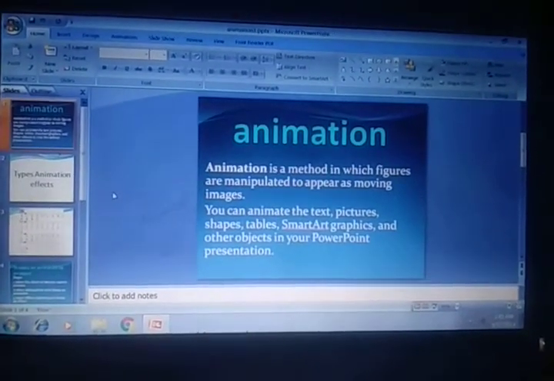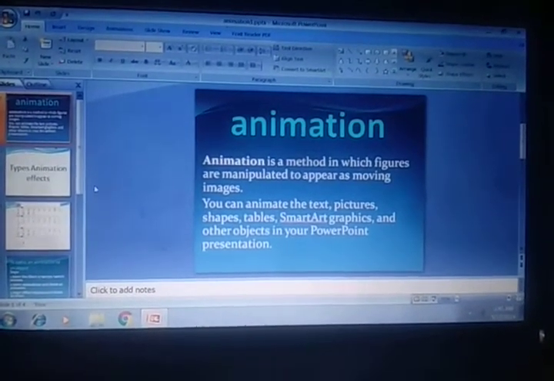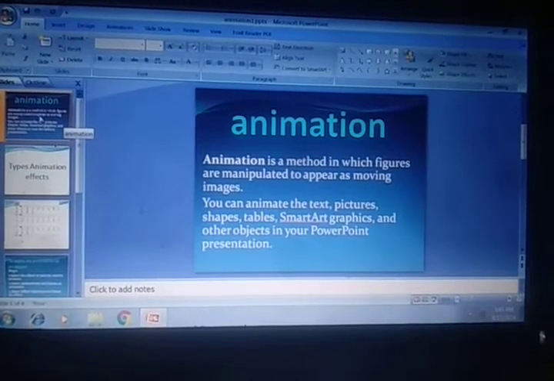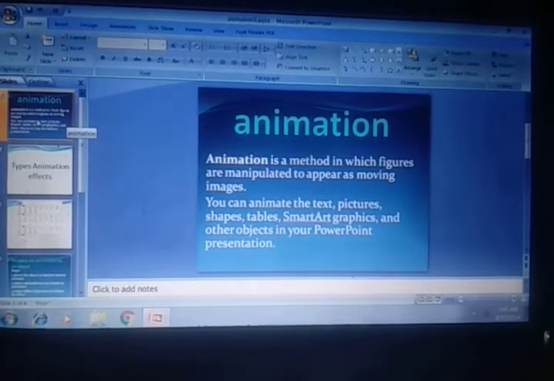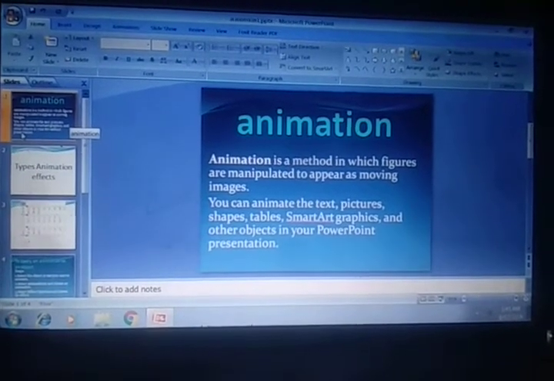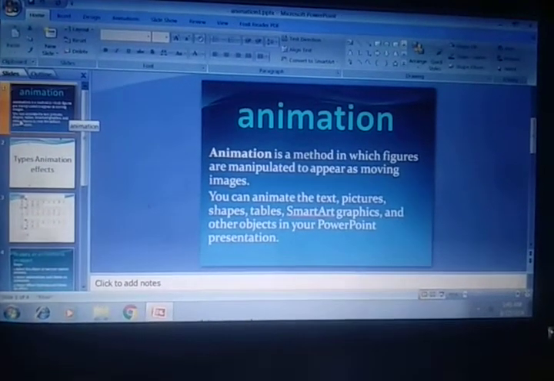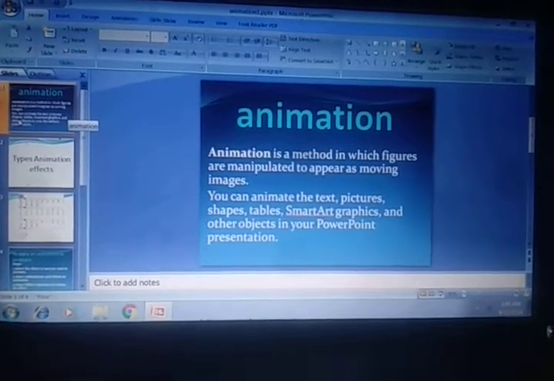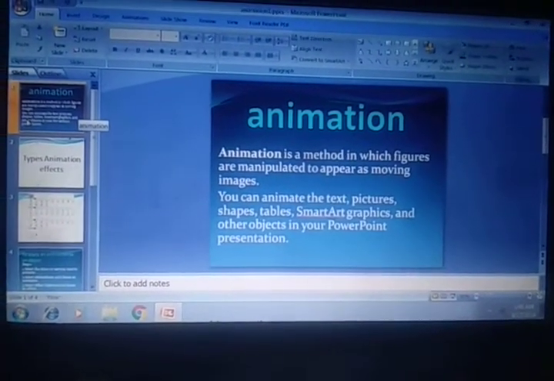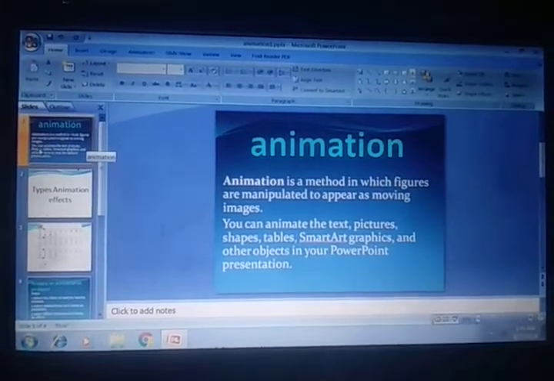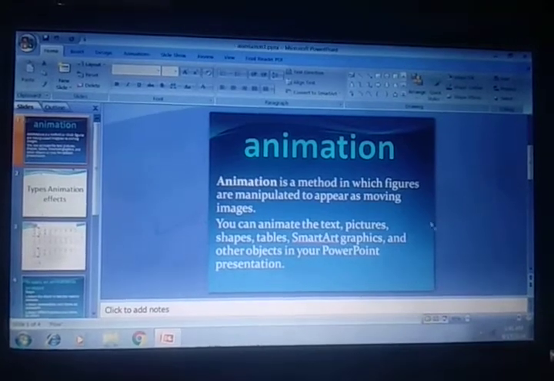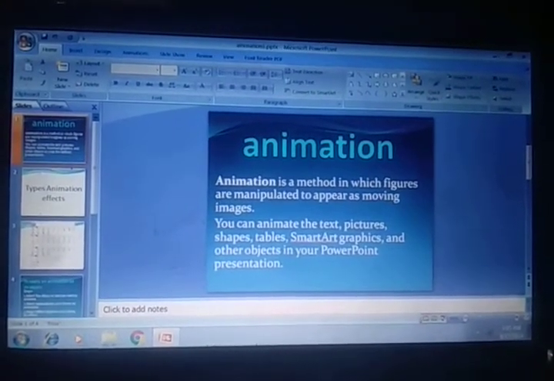This is animation. Students, do you know what is animation? Animation is a simulation of movement which combines multiple pictures, series, text, audio, and so on. Animation is a method in which figures are manipulated to appear as moving images.